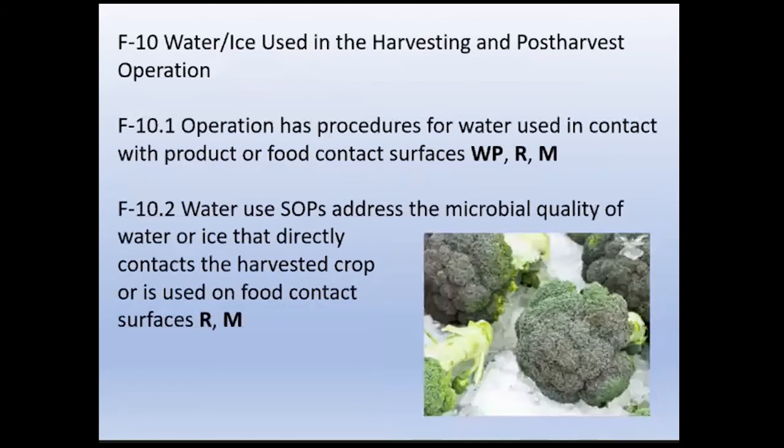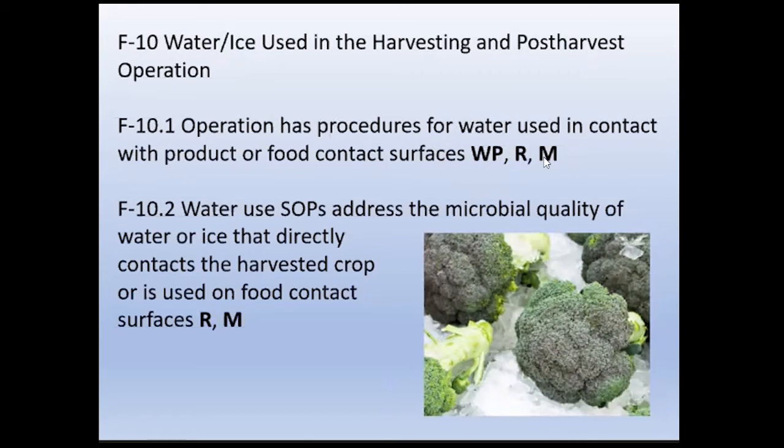So let's move on to F10. This is where water or ice is used in the harvesting and post-harvest operation. So F10.1, operation has procedures for water used in contact with product or food contact surfaces. And here, written plan is required. You have to have the documentation showing that you are using your written plan as written,